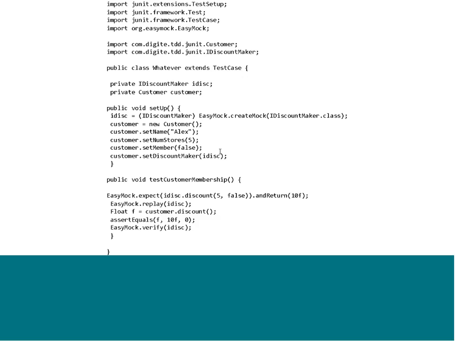We set the mock itself as the intended class that the customer is going to use, and you can see in the test customer membership, we say EasyMock.expect, for the condition where discount 5, false is passed, you should return a value of 10x. And return is very important there. For a particular call to the method with this argument, the return value should be 10x. We do a replay,